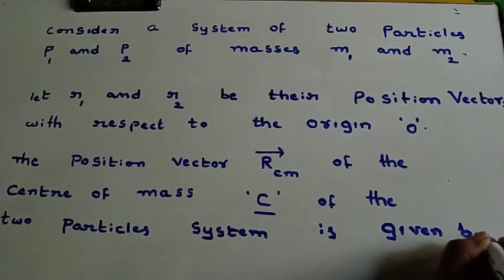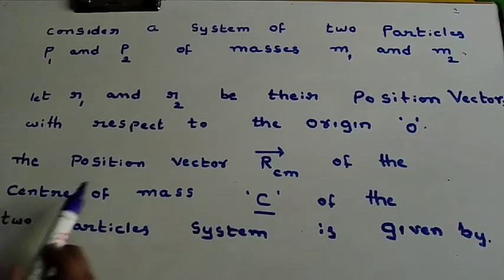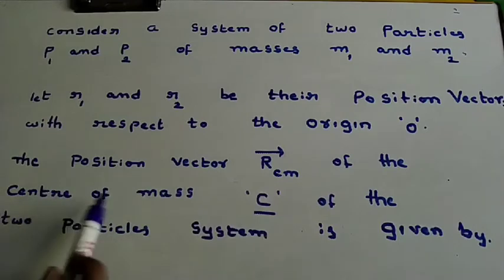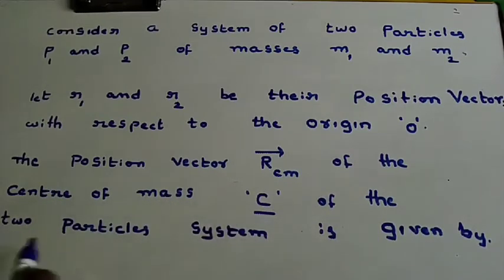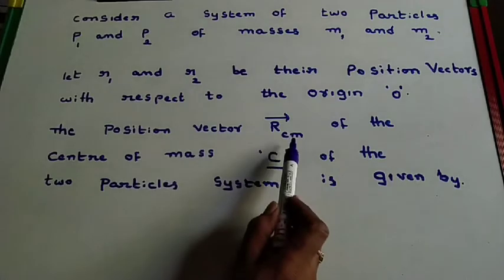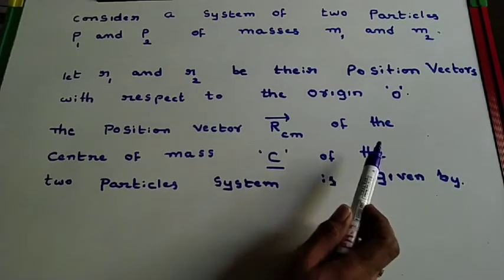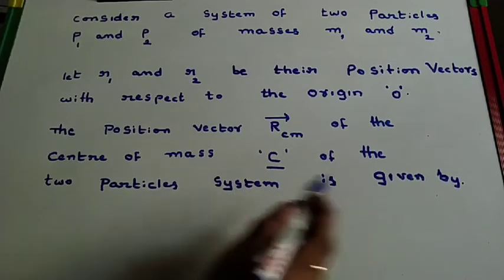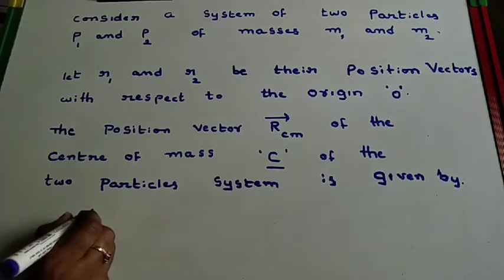Once again, I am repeating this point. The position vector RCM of the center of mass C of the two particle system is given by,